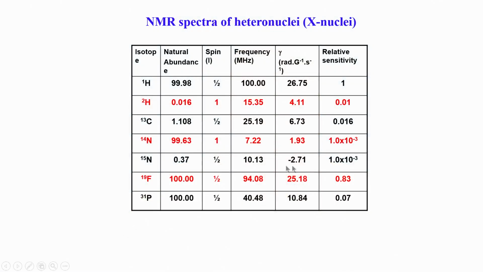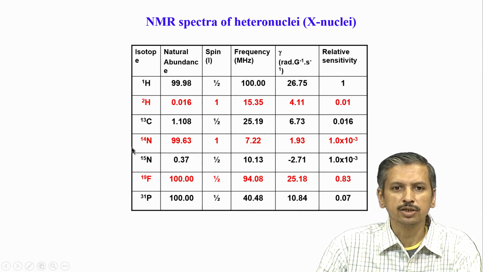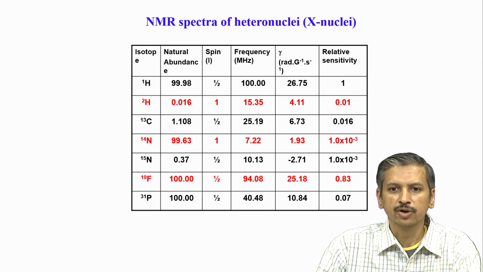Before we go into the details of the 2D NMR experiments, let us look briefly at the problems we face with heteronuclei. This is shown here in this table. You can see that different heteronuclei have different properties. These are the nuclei we are going to look at in proteins and nucleic acids. Here you can see hydrogen, of course, which is the most sensitive nucleus, and fortunately for us it has a natural abundance of 100%.